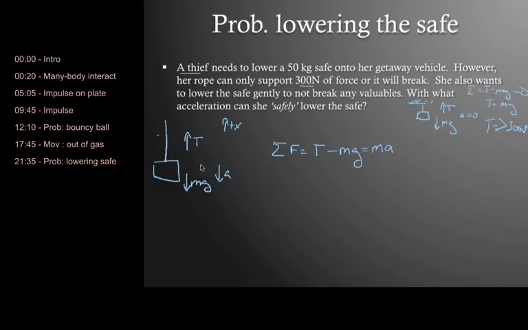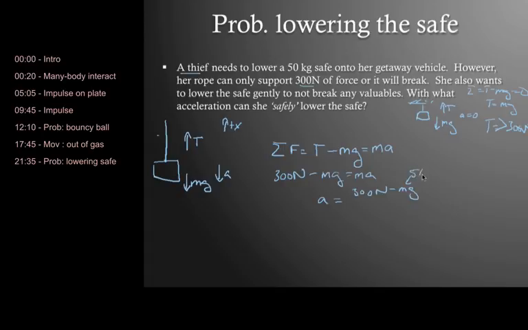In this case, acceleration I put going down, and that's really going to help me check on, did I do this right? Because I better get a negative acceleration here because I know that a actually should be going down. So the maximum tension I can have on the rope is this 300 newtons. And then now the mass of the safe times gravity is going to be equal to mass times acceleration. So then acceleration is equal to this 300 newtons minus mass of the safe